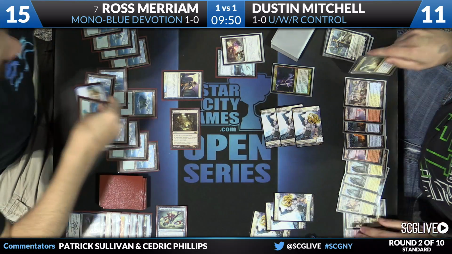Merriam's going to drop his hand and concede the game. Dustin Mitchell is going to win this match over Ross Merriam, 2-1. Blue-White Red Control gets it done over Mono Blue Devotion. Very cool. A deck